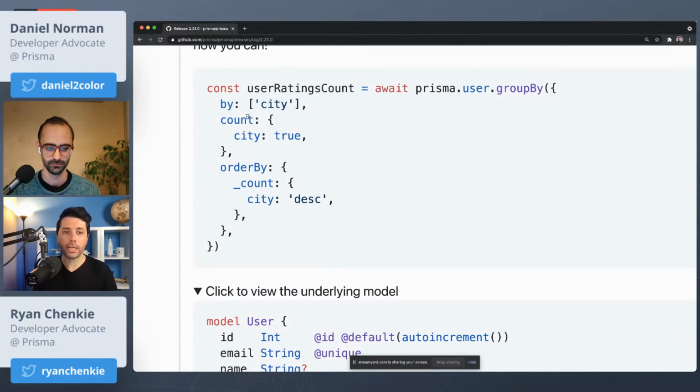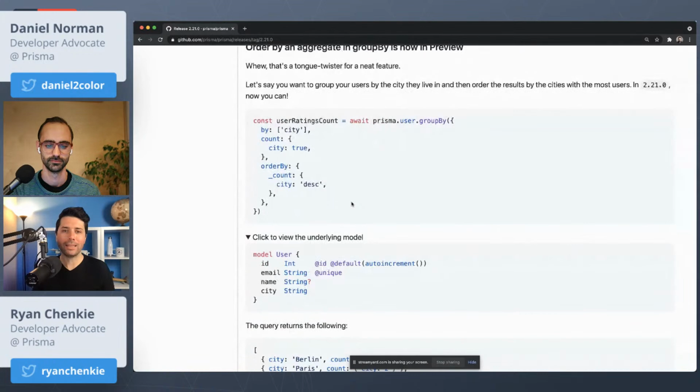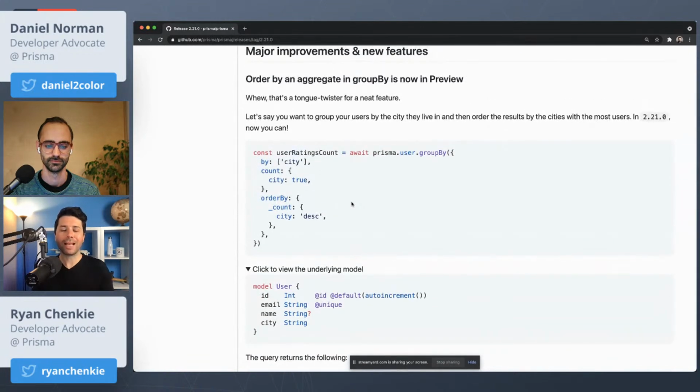And you can also get the count for city, an aggregation there. Now you can order by the count of that city in this case, and you can do it in a descending fashion or an ascending fashion. So this goes a little deep, but you can now order by an aggregate in